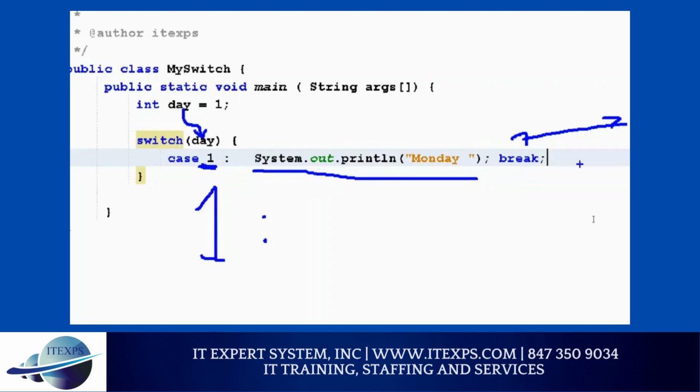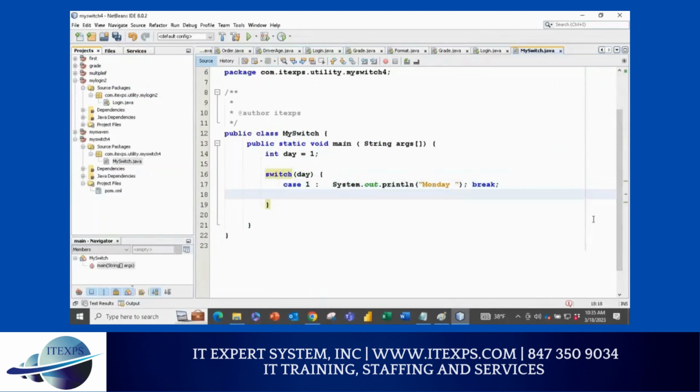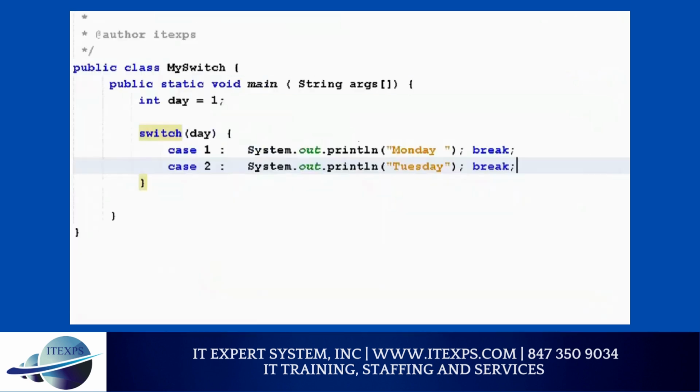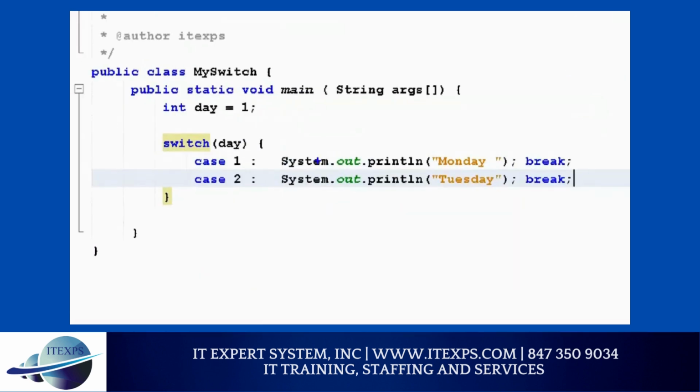So if I have case 2, what should I write? Case 2 colon, and then you can write system out. I'm just adding a space for readability. You don't have to, but I'm doing it so you can read better. So here I'll say Tuesday and then say break. Make sense or not? So I'm creating cases, and see how beautiful and readable it is. If it is 1, I'll go here. If it is not 1 and if it is 2, I'll go here. Yes or no? But at a single point of time, you can only do one case,